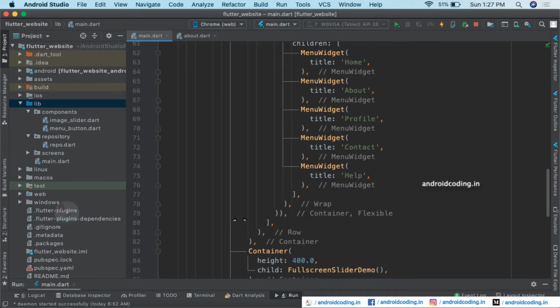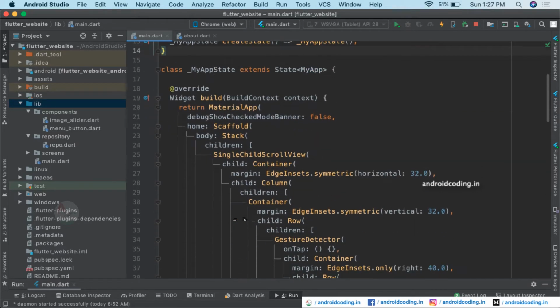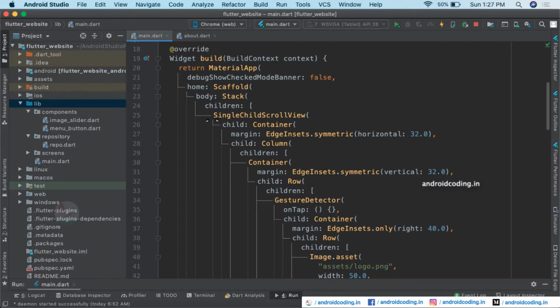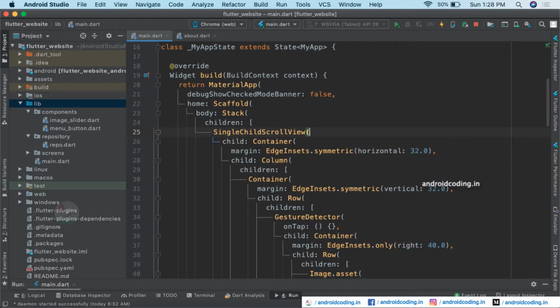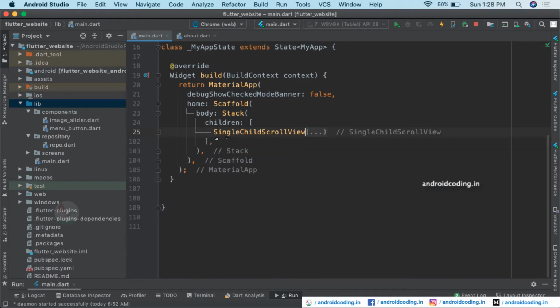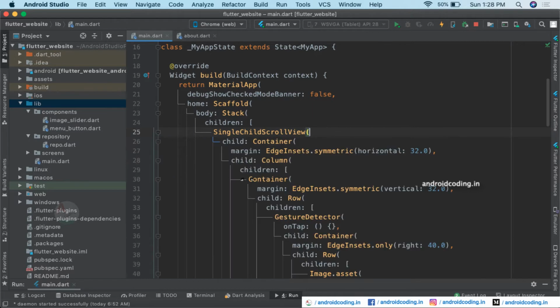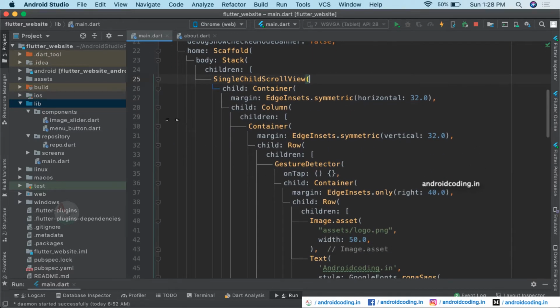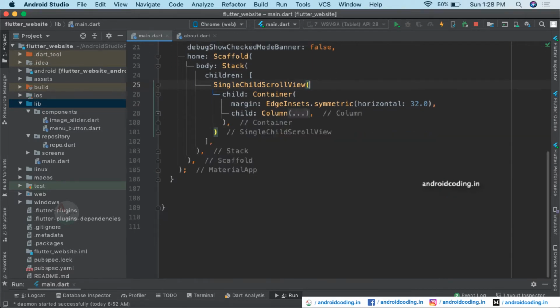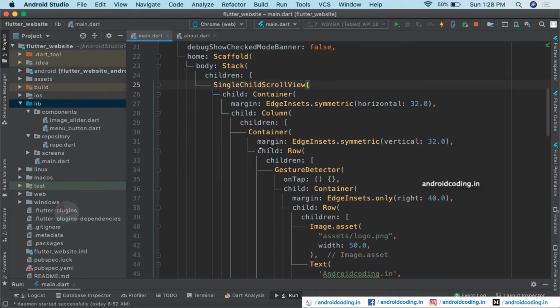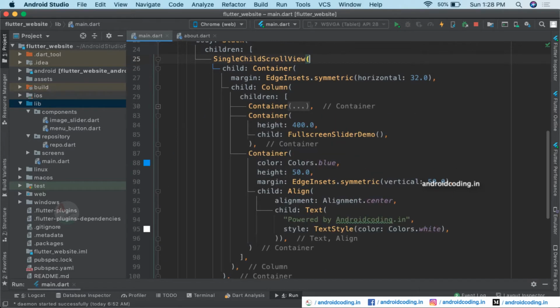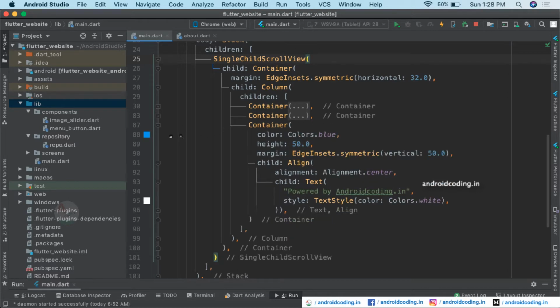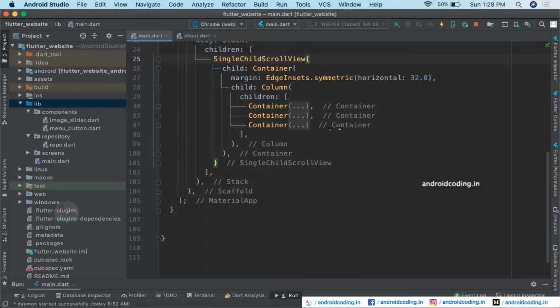So one more thing I want to explain you here, this is our single child scroll view inside which our entire website is there. So it's still not a website, it's a web page currently. So our complete web page is there inside this single child scroll view, and if you go inside here you can see this is our column here, and inside the column this container is our header section, and the second container is our body section, and the third container is a footer section here.